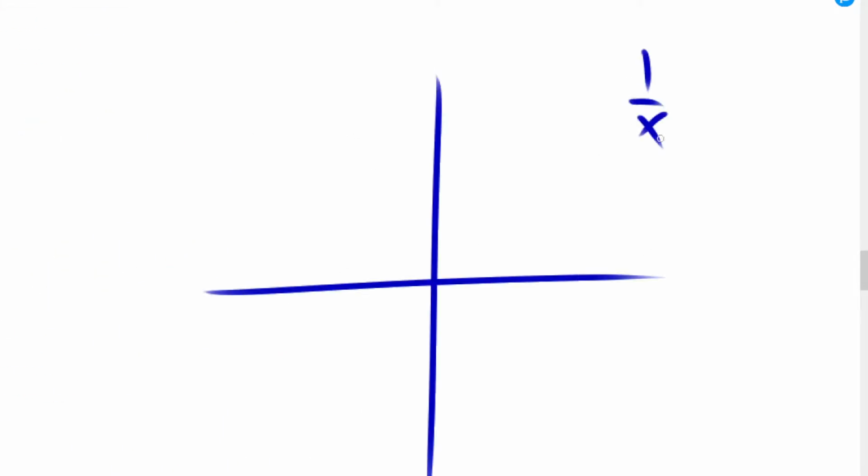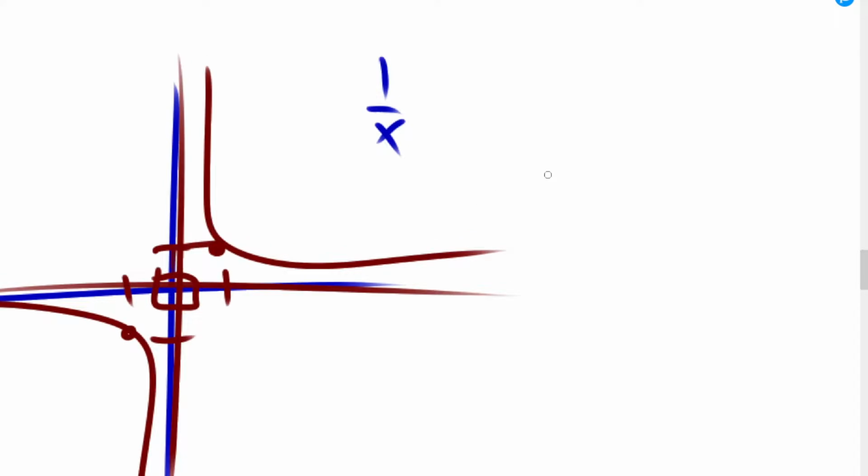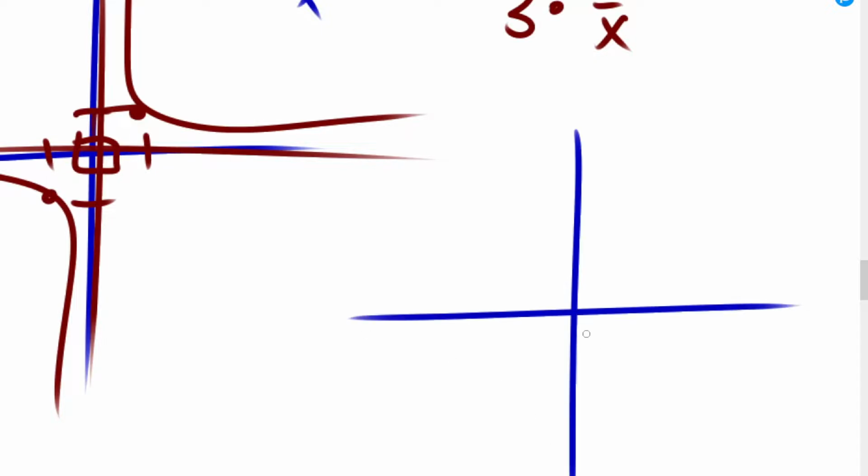So when we're graphing, and we have 1 over x, we know our box, we have our little box here, and we go up 1, over 1, and our asymptotes are here through the middle, right? And it looks like this. When we have a transformation, it'll be like 3 times 1 over x or something like that. What will happen is